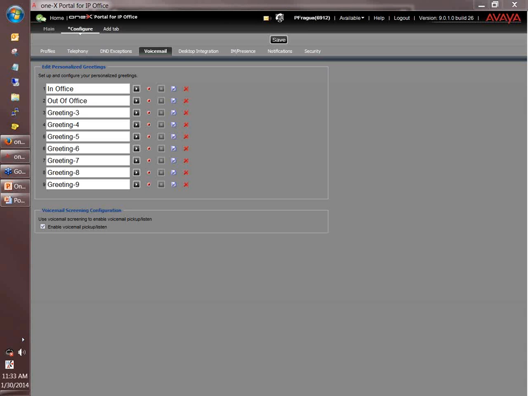Do we need a license to have OneX Portal? Yes. You need a power user license, and it's an individual license. So just one power user license, you can get a lot of these features, but you'll need a license for each individual. And with that one license, you get, let's go back to it,